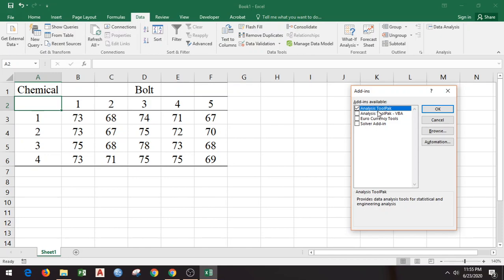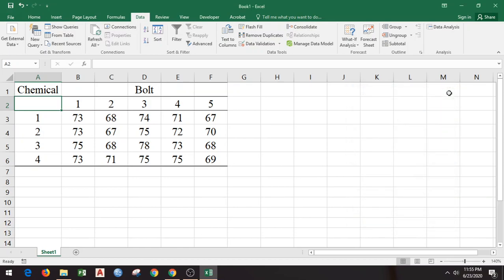Then there are 4 different add-ins, but I just need the first one, Analysis ToolPak, so that box should be checked, and click OK. Since in my case it is already there, I don't have to click OK right now. But that's how you add the Analysis ToolPak in Excel.